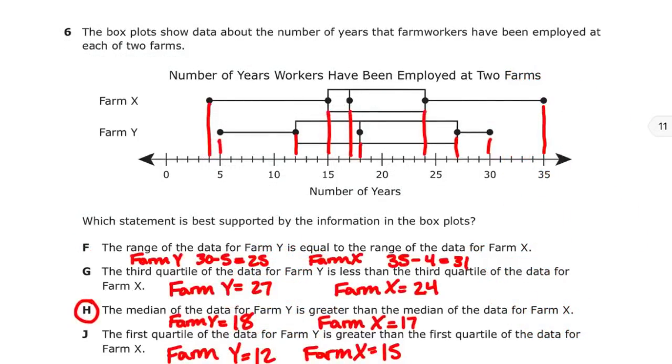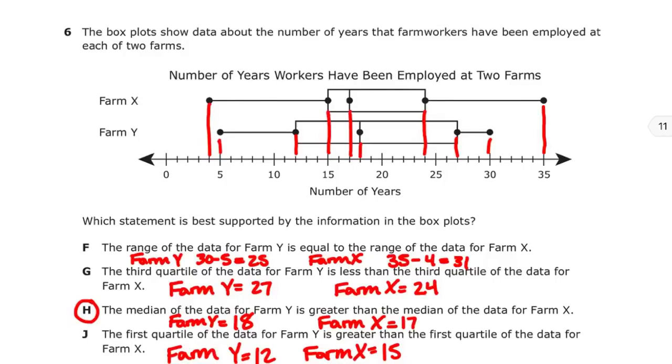6. The box plot shows data about the number of years foreign workers have been employed at each of 2 forms. Which statement is best supported by the information in the box plots? So first of all, you need to understand box plots. So let's look at either one. We can just say form A, form X, for example. So the very first dot there,